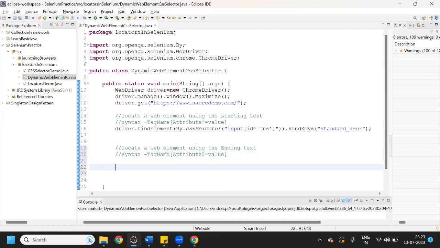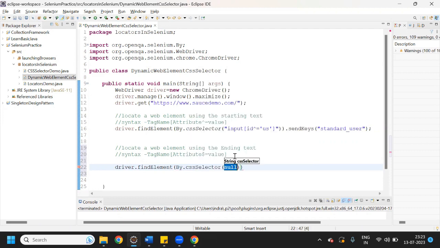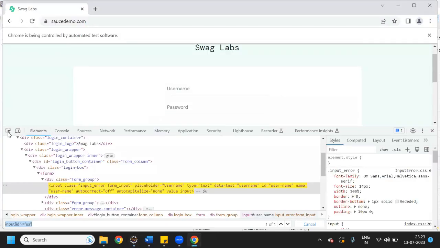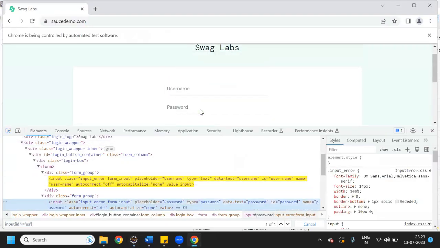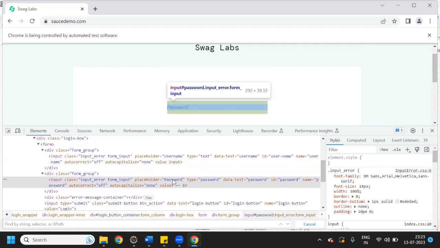So again, driver dot find element by dot CSS selector, right? So we are going to use it for the password. Let me inspect this password text box. This is the password one, right? So again, we will have to use the same way. Tag name,